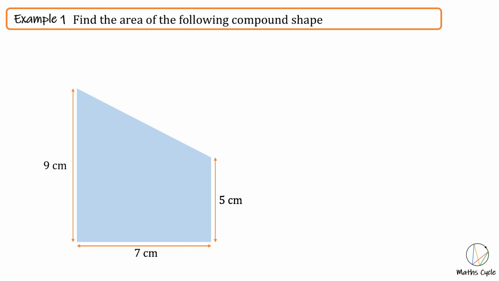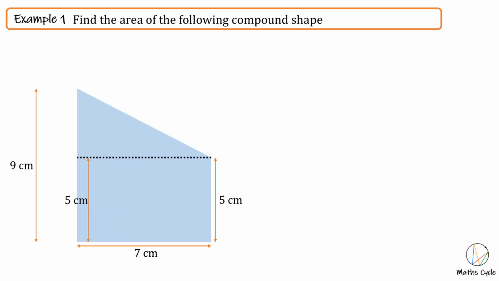Example 1. Find the area of the following compound shape. First, we will divide the shape into a rectangle and a triangle. Then we will break up the full height of the shape into the height of the rectangle and the height of the triangle. We see from the right of the rectangle that its height is 5 centimeters. Therefore, the height of the opposite side must be the same. Comparing the 5 centimeters with the 9 centimeters, we can see that the height of the triangle must be